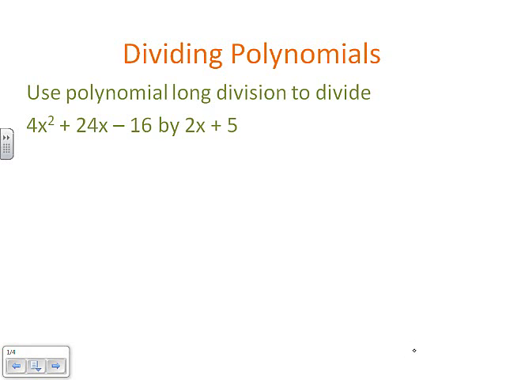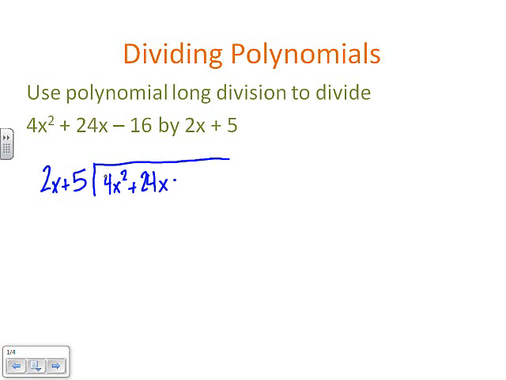Today we're going to be looking at dividing polynomials. We're going to use long division to divide polynomials. So we're going to take the quadratic 4x squared plus 24x minus 16 and divide it by 2x plus 5. So we're going to put 2x plus 5 outside of the divisor house, and then inside we put 4x squared